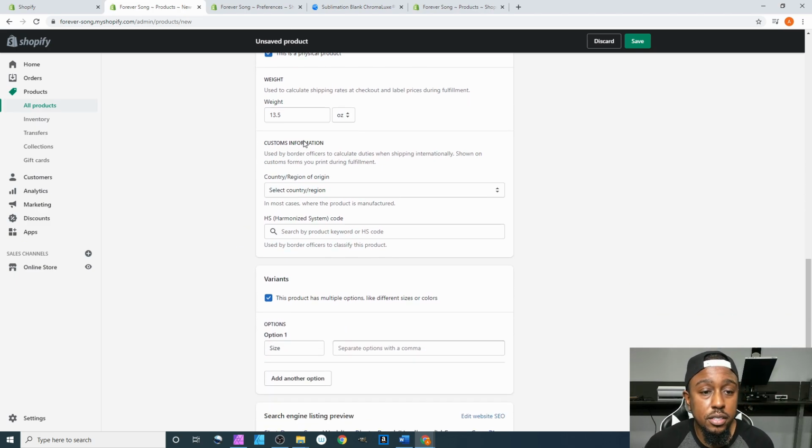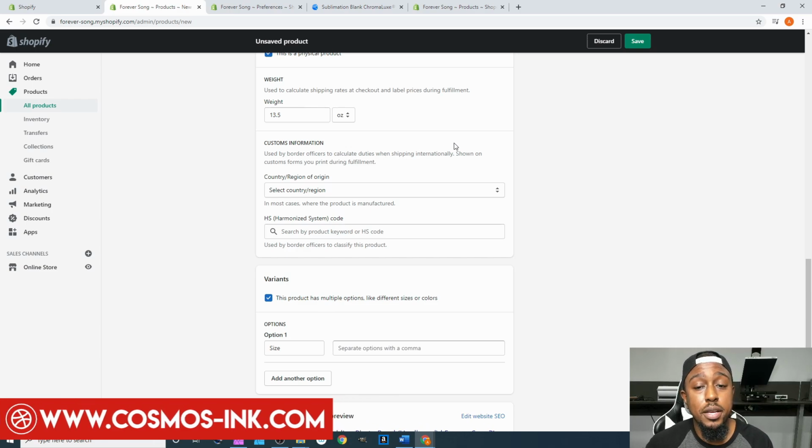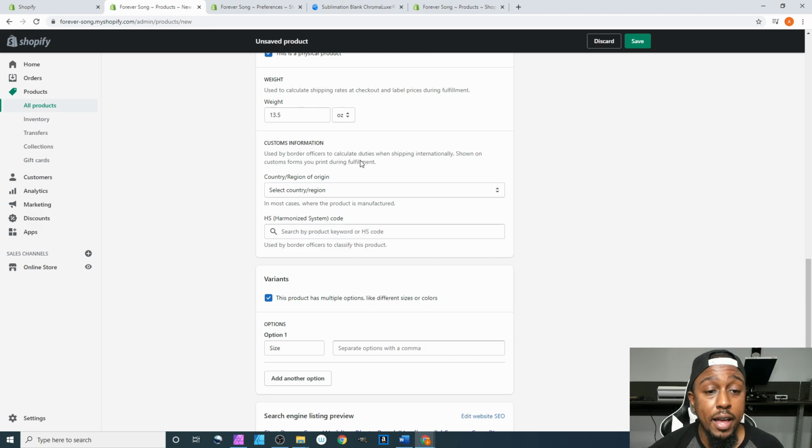After that, come down to customs information, used by border officers to calculate duties when shipping internationally, shown on customs forms you print during fulfillment. This is only if you are going to be shipping stuff outside of your region. So for me, since I'm in the United States, of course, I'm gonna be shipping to all 50 states here. But if I want to sell these items to people in Australia, or I want to sell it to people in Ghana,